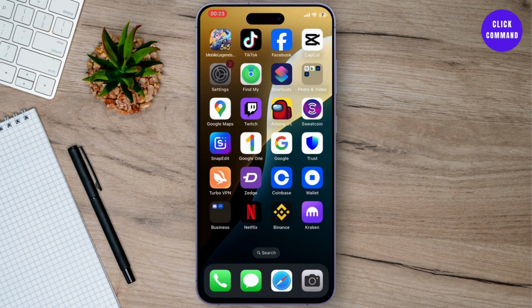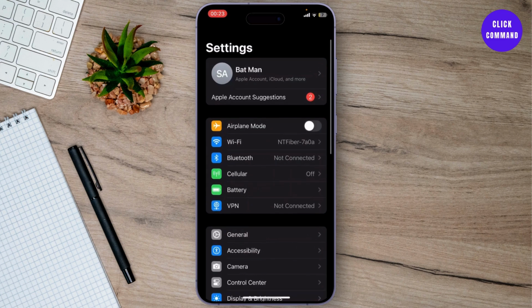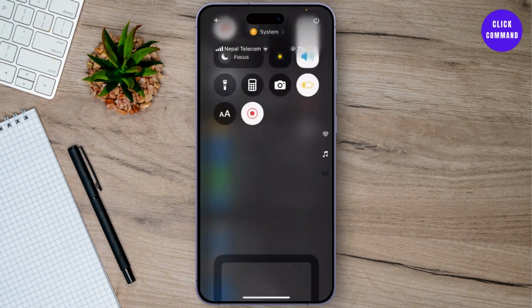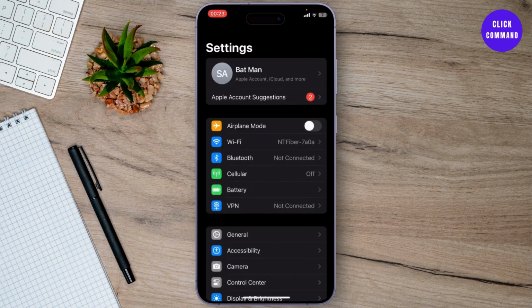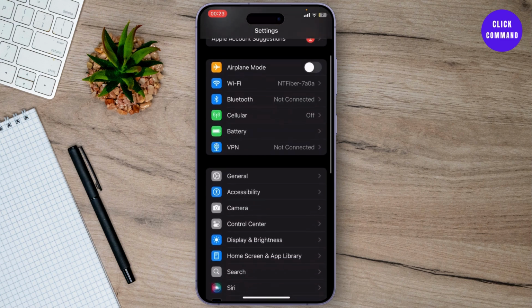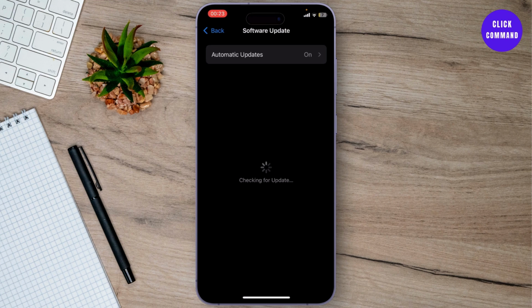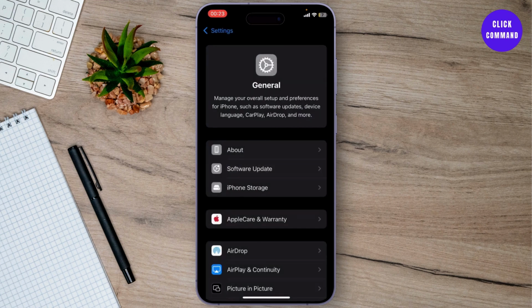Now let us begin. So the first step is you'll need to make sure that you have a really strong Wi-Fi connection. So just check your Wi-Fi, and after you check your Wi-Fi, you're good to go. So now what you'll need to do is just go to check your software version. Make sure that you're up to date, and after you're up to date, what you'll need to do is just